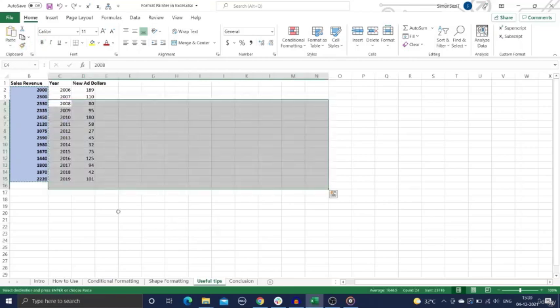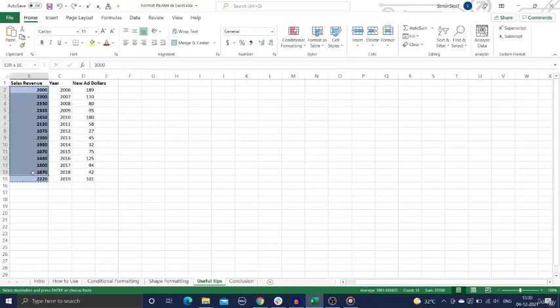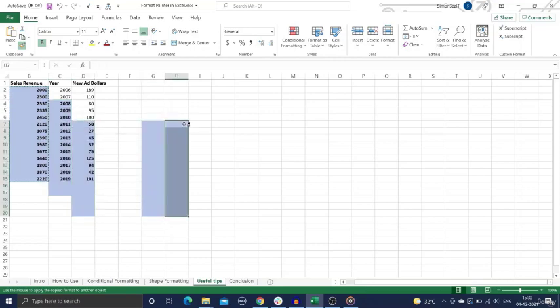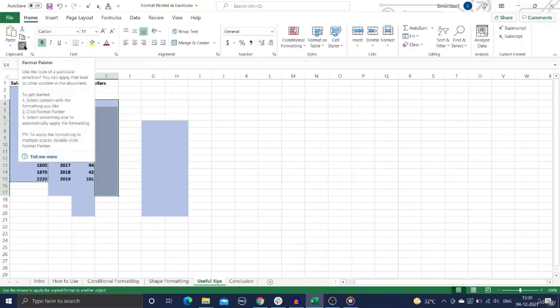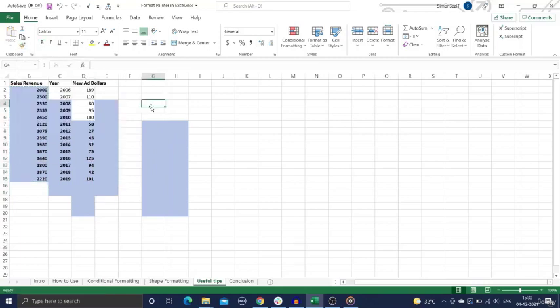When you want to copy a formatting style over many separate ranges of cells, double-click on the Format Painter button. This will lock the Format Painter option, and you can apply the formatting to all the ranges without clicking the Format Painter each time. And once you're done, press Escape or, once again, click on the Format Painter icon to